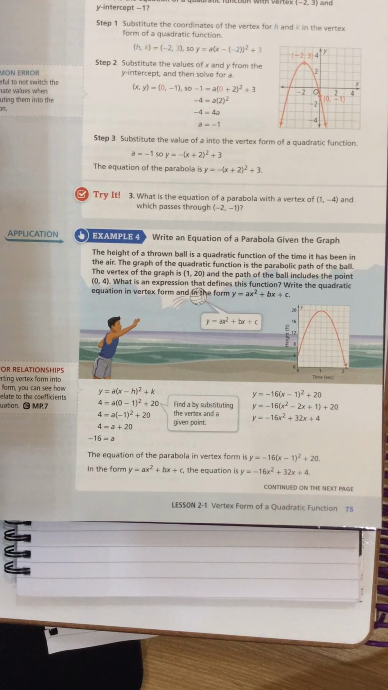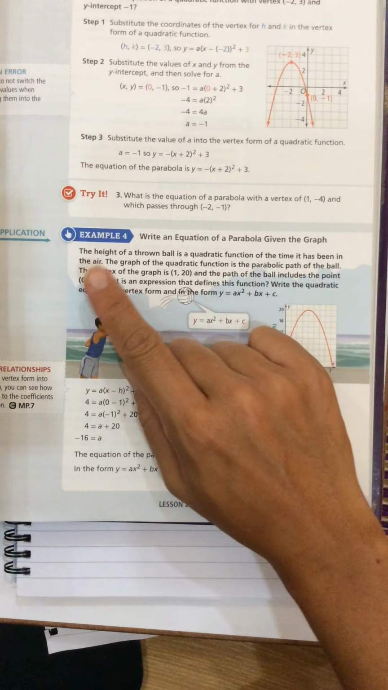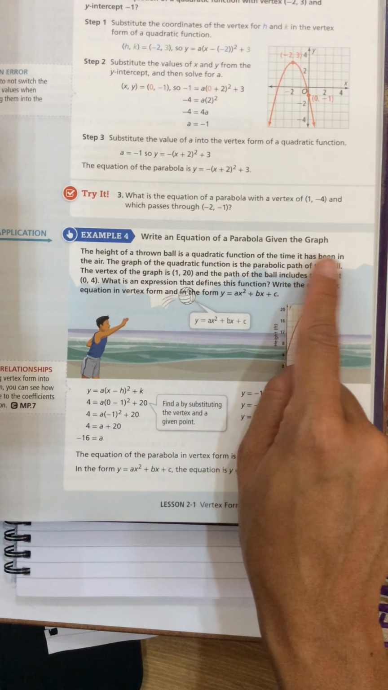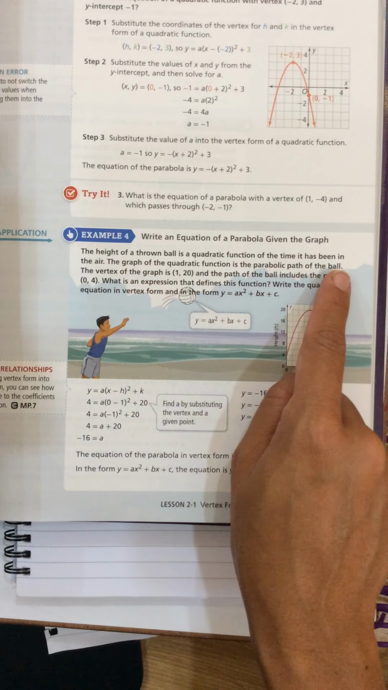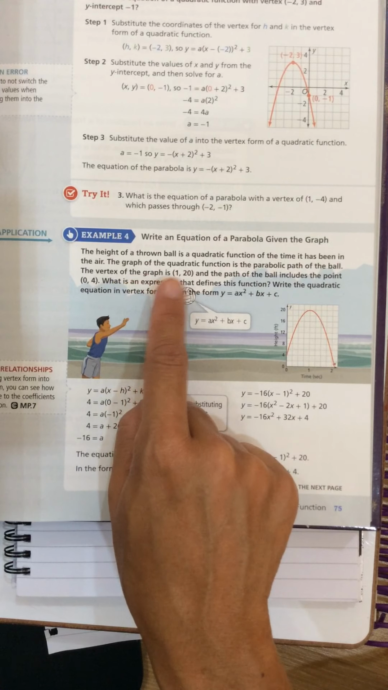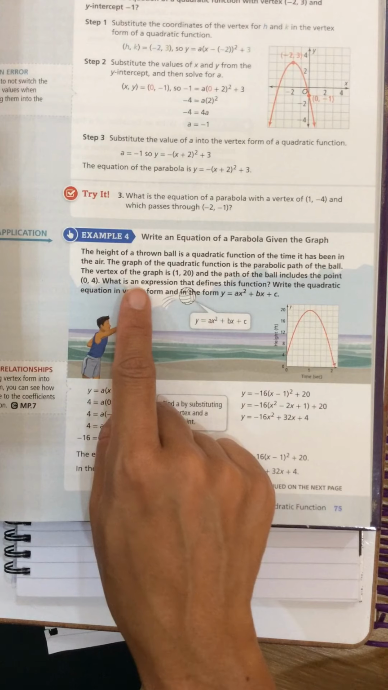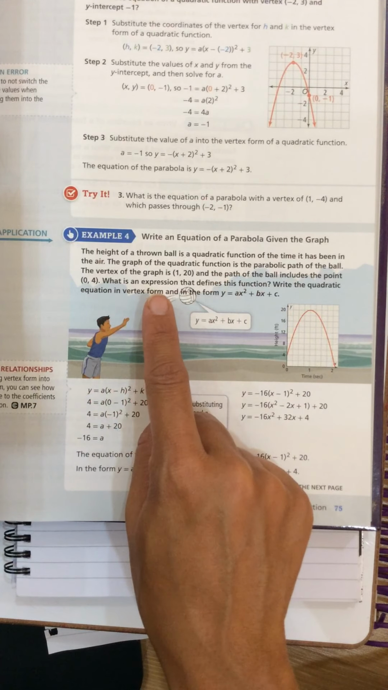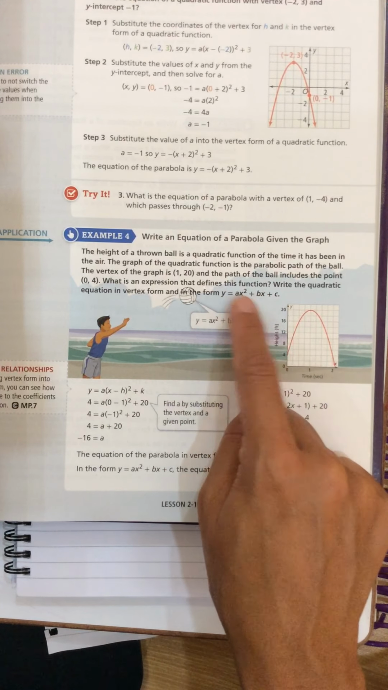Okay, so let's just read it. The height of a thrown ball is a quadratic function of the time it has been in the air. The graph of the quadratic function is the parabolic path of the ball. The vertex of the graph is (1, 20), and the path of the ball includes the point (0, 4). What is an expression that defines this function? Write the quadratic equation in vertex form and in the form y equals ax squared plus bx plus c. This is actually called standard form, which we're going to learn in the next video, but they want us to